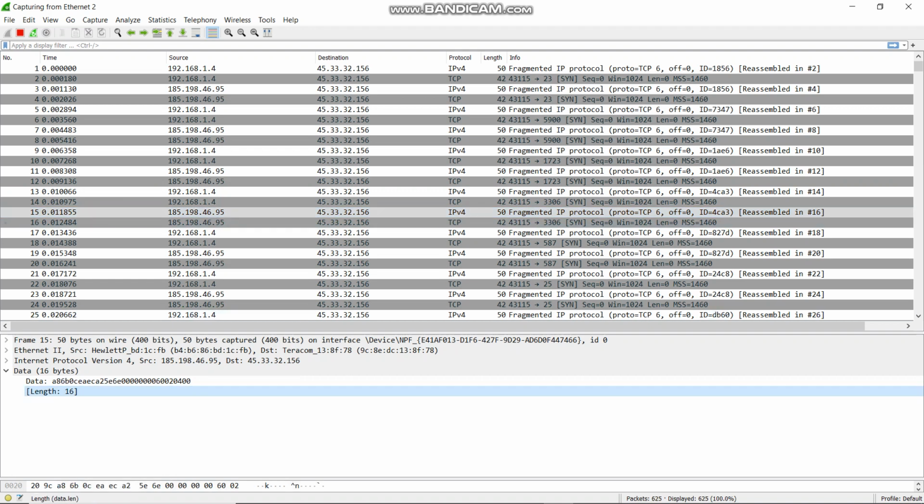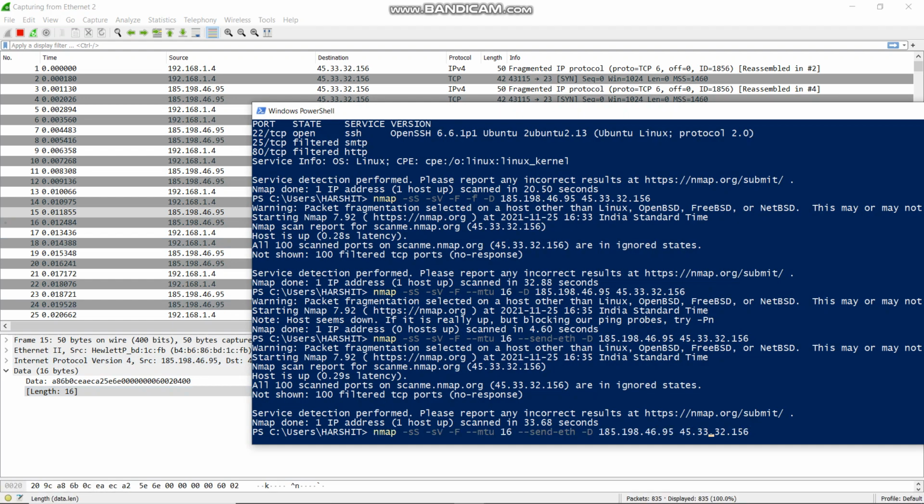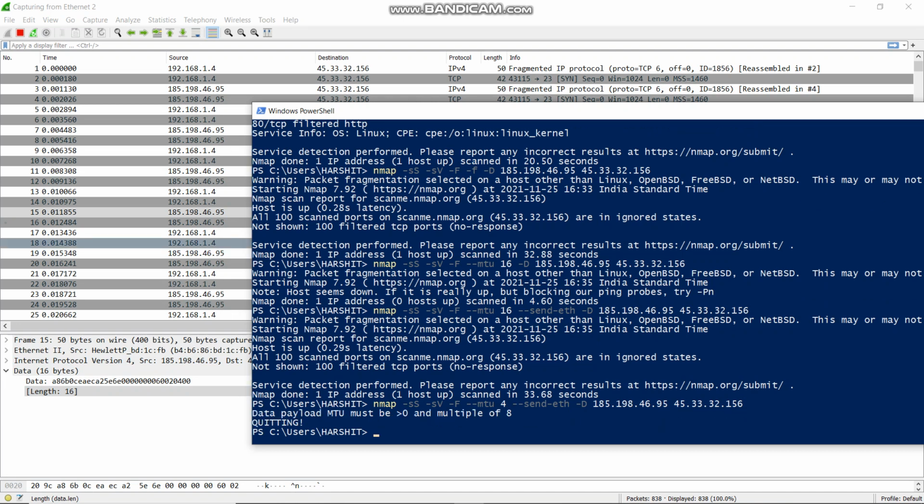Before it was 8 bytes, and at first it was 20 bytes, and I tried to break it into smaller units. Now I've broken it again. Now let me try to break it in a multiple of 8.